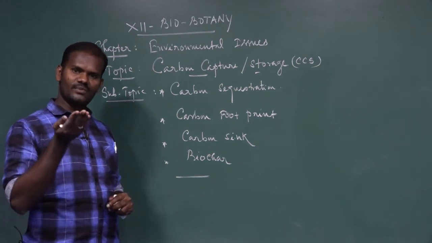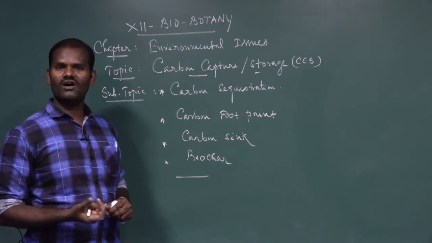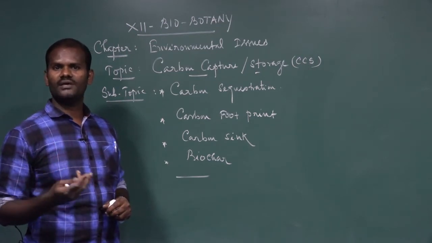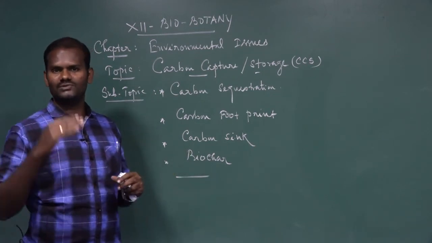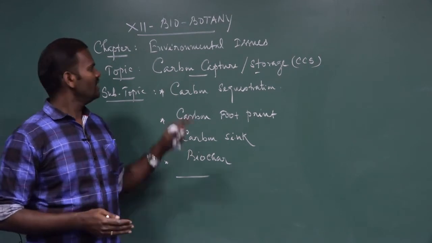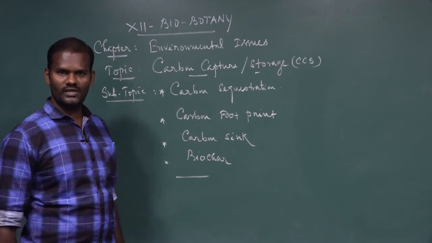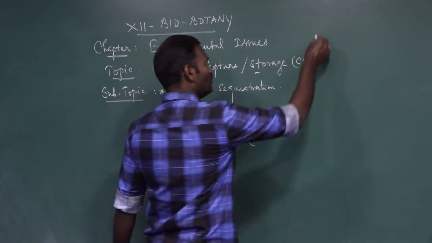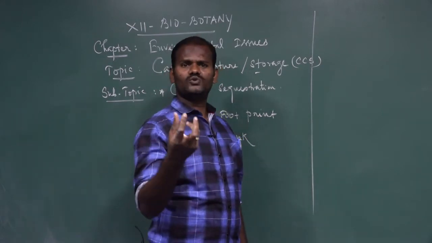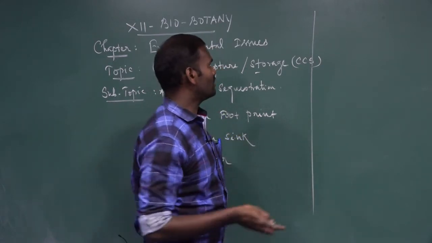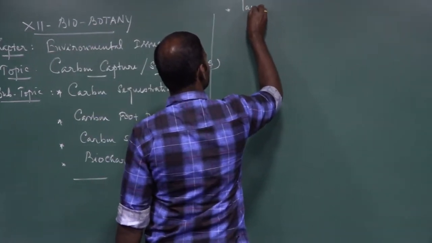If greenhouse gas emissions are increasing, what will happen? The earth's temperature will increase, which may cause global warming, and as a result earthquakes and tsunamis. So a lot of other changes may take place. To mitigate, that is, to reduce this hazardous effect, they can store the carbon in various sites. These are called carbon capture and storage. So where do we have to store or capture the carbon? It is a technology to capture carbon dioxide from various large point sources.